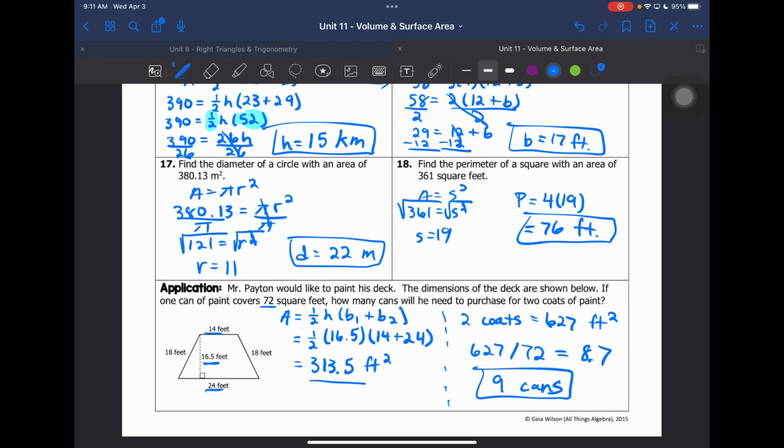You had to find the area, and then you also had to think about, well, then how many cans do I need to purchase? All right, so that's it for